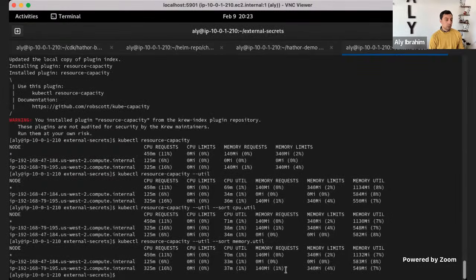So it's now sorted by, this is the 8% that is higher versus the previous one. So it can show you also that this node maybe needs to be increased or made bigger versus the other one. Of course, this is a small cluster, so it's not helping that much, but that's how we can give you complete visibility. This, especially the utilization piece, would need metrics to be installed on the cluster.